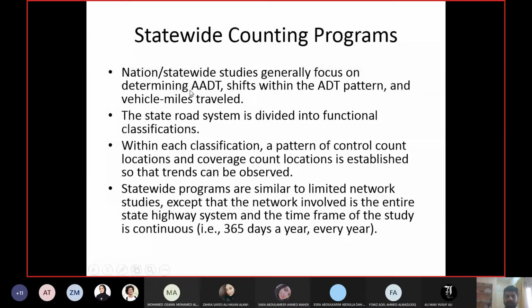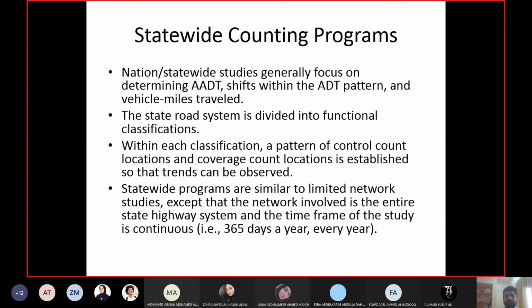So we have annual average daily traffic, which is for the whole year, and then we have ADT, which is for less than 1 year. So within a year, the traffic may change from one season to another season, 1 month to another month. So they also study how that shift in average traffic is happening in different time periods. And the last thing they want to calculate is vehicle miles traveled, so that they know the usage or importance of each segment of the highway.